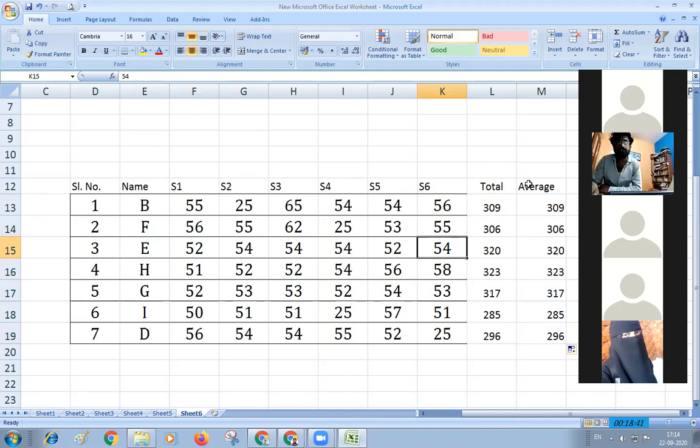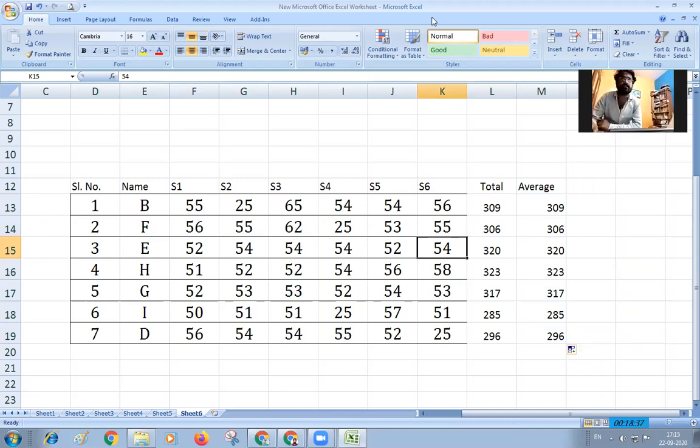You can easily drag this. No need to calculate all the times. If you are calculating for one student, you can drag to 100 students, you can drag to 1000 students, or any number of students. That's why it is better to go for the dragging option, so that you can easily verify things.